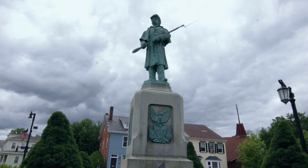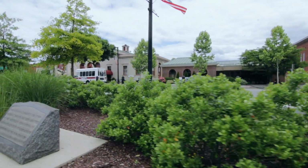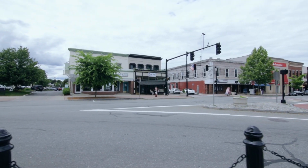We hope you've enjoyed your personal tour of 22 Angelica Drive here in Westfield, Massachusetts. If you have any questions about this property or would like to schedule a private showing, please contact us at